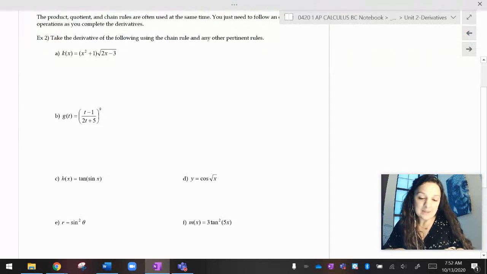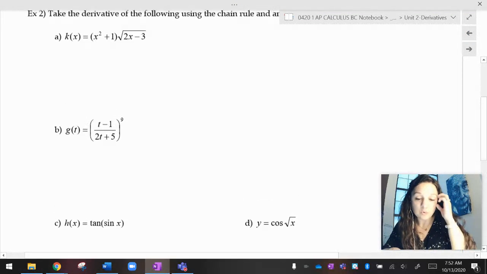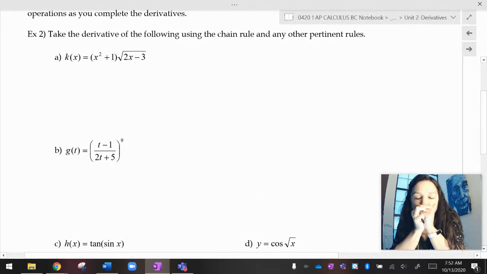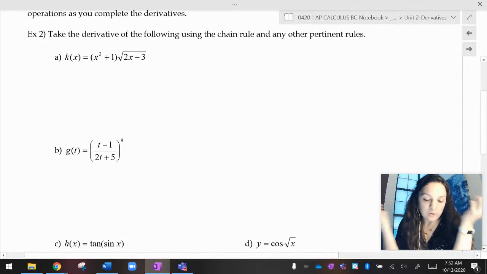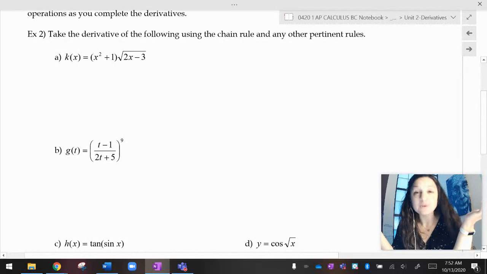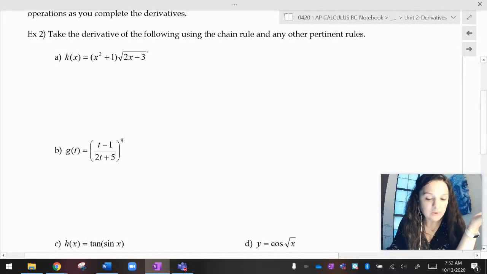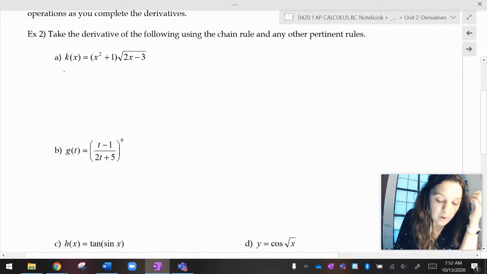So on this next page, we're just going to take a bunch of derivatives using the chain rule and any other pertinent rules. So part A here, I have k of x equals x squared plus 1 times the square root of 2x minus 3. If I want to take this derivative, I know I need the product rule, okay? But I also need the chain rule because I have this square root thing, and there's no way I'm getting rid of that. So if I want to find k prime of x,